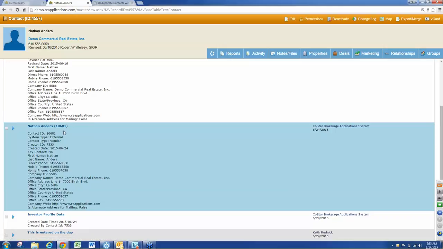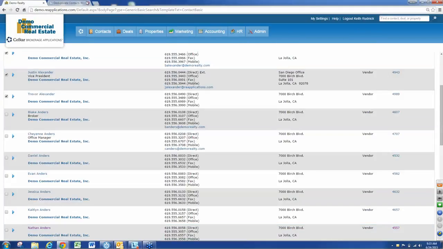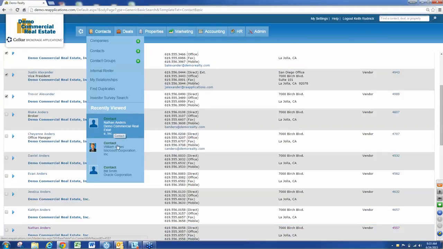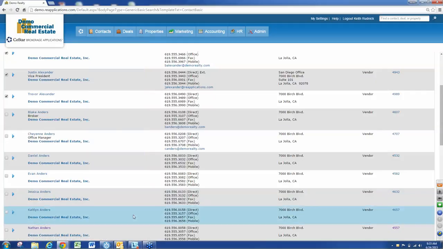Okay. So the dedupe tool is going to be extremely useful for you, especially in terms of keeping your data clean and the integrity of your data good. If you see duplicates, go through and use the tool and get rid of them. You can always do a dedupe worksheet, and that's something you can just work with me on. But this is something that all of you have the ability to do yourself. All of you can do this